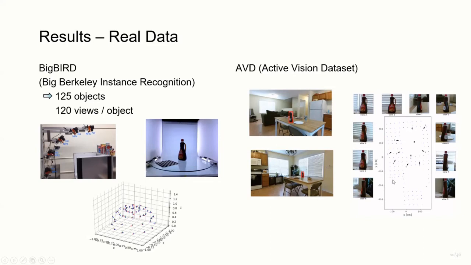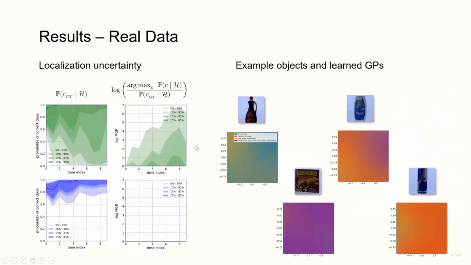We specified a scenario in the Active Vision dataset. We took a subset of views and used the learned GP models to classify this subset of views. Again, we did the localization uncertainty experiment. Exactly as in the synthetic case, we noised the localization, and we again see that this makes the model-based method fail because it does not account for the localization uncertainty, whereas our method does account for it